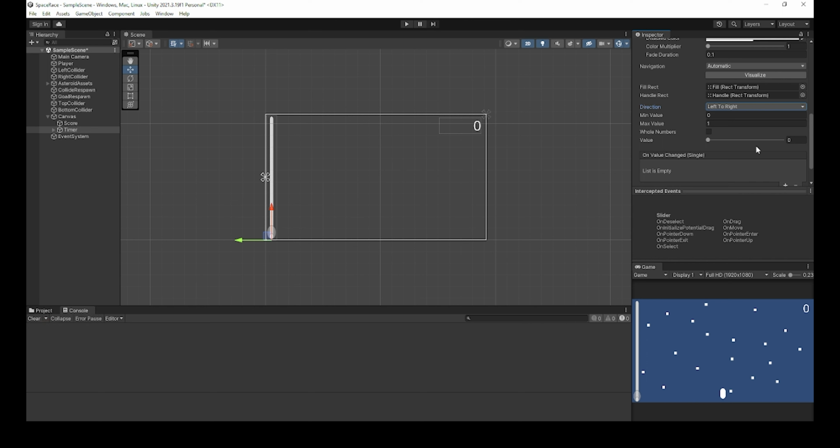The min and max value for the slider component is the minimum and maximum value that the slider will be depending on where the handle is located. For our instance, the handle will be at the top of the screen and work its way down, with the value being how many seconds are left in the game. So, the min value will be 0, and the max value can be anywhere between 45 to 180